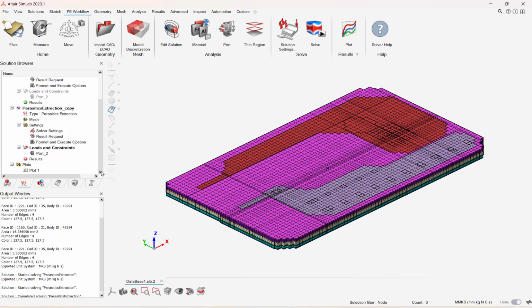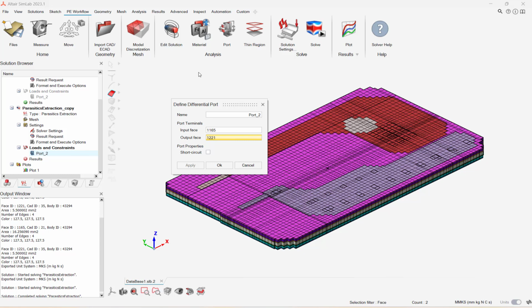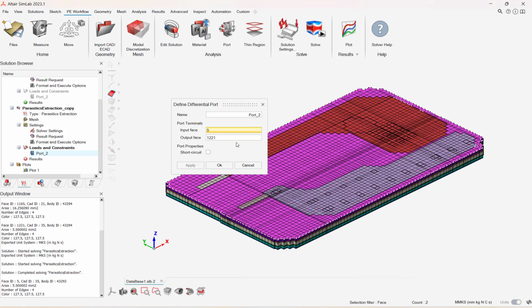We also need to redefine the port. Select port. Now deselect the ports by clicking on them and finally select a suitable input phase. Similarly, select the output phase too.